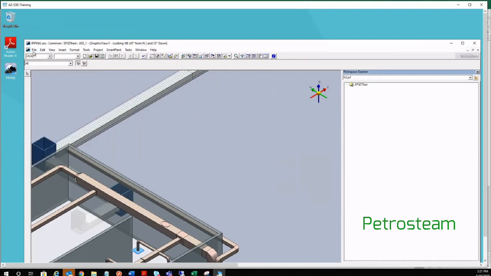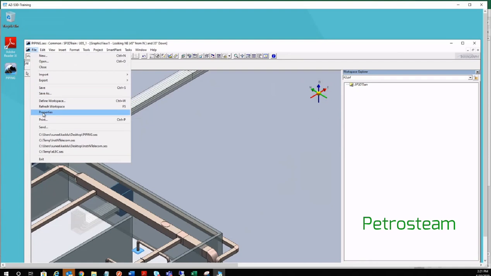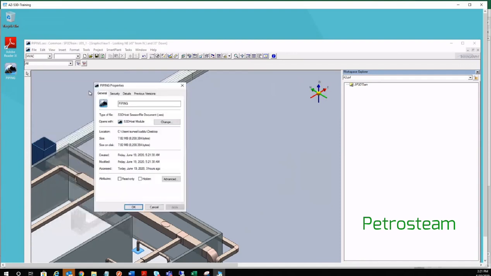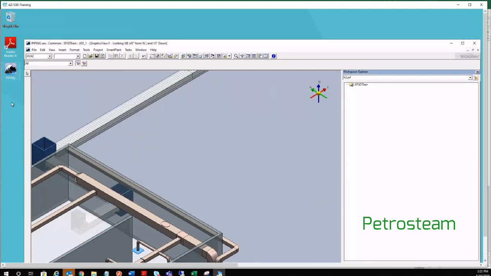Next option, properties. This is just the property of whatever session you are using, showing when it was created and so on. It's of no use. You can see here also you will get the property, when it is created, modified.